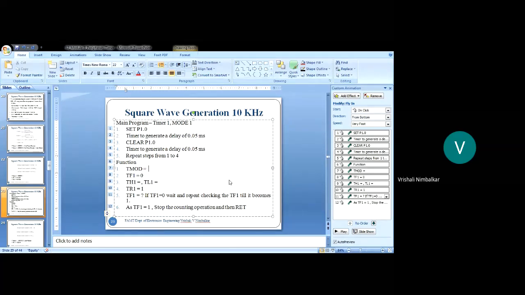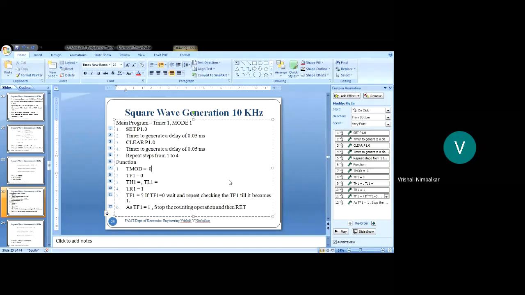The lower 4 bits we will keep 0, 0, 0. Okay, so in the upper 4 bits, the 7th bit is the gate bit. We are going to enable timer 1 with the help of the gate bit, so the gate bit should be made 0.